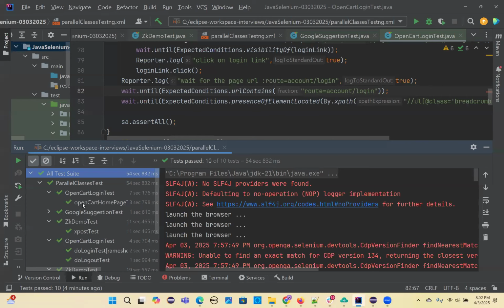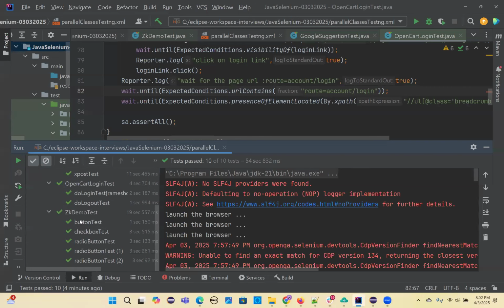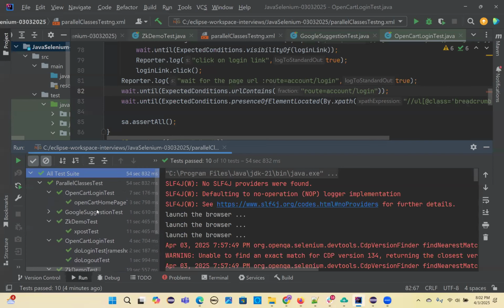For example, OpenCart in one browser, ZK in another browser, and Google in another browser I want to run. So how can you run different browsers? If you want to run in different browsers,